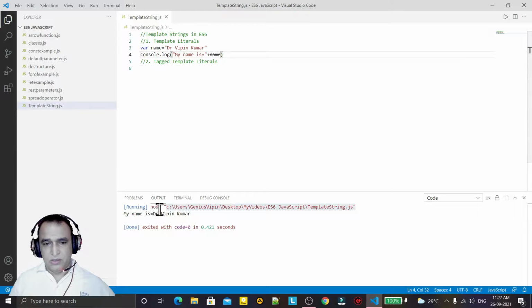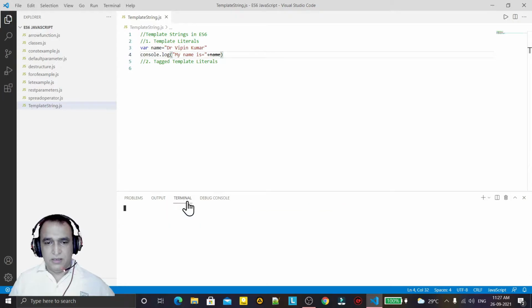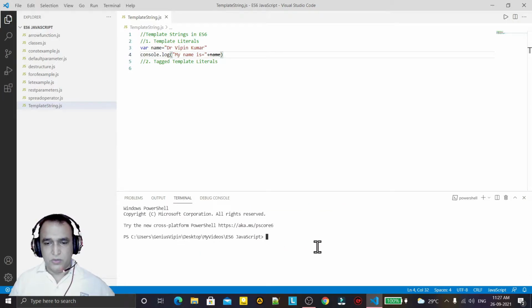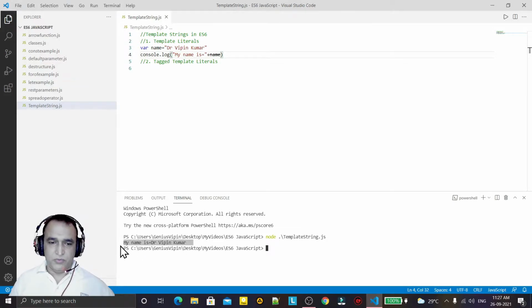So you can install Node.js on your machine and also install the Code Runner plugin, and this Code Runner will execute your task. Otherwise you can go to the terminal and execute it yourself, like write node and then the name of the file, template string, and you will have the same output. So these are the ways to execute the JavaScript.